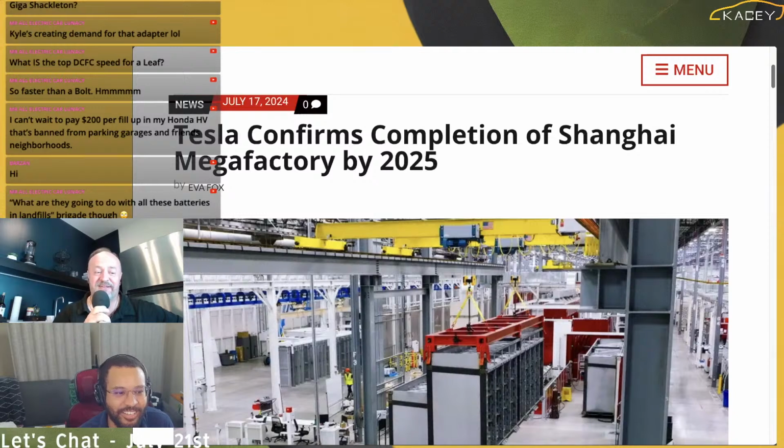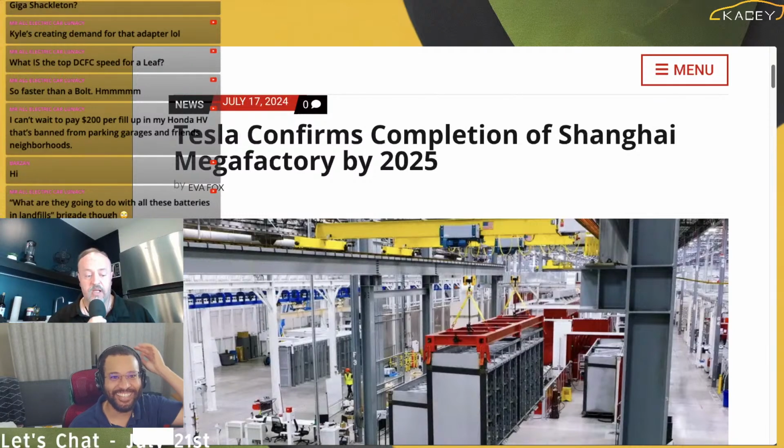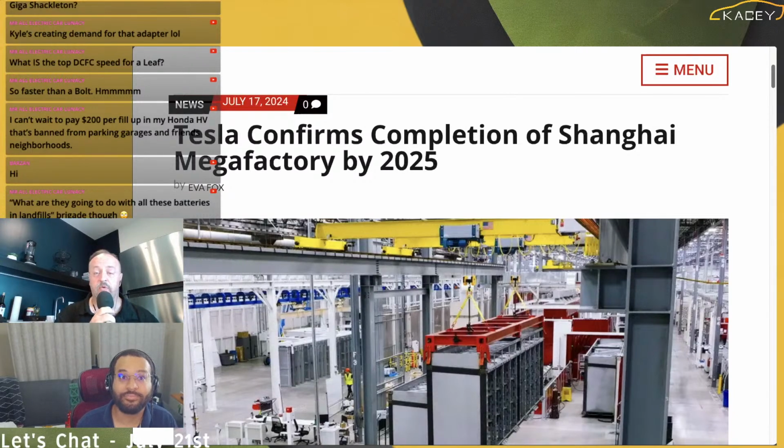And Mr. All Electric Car Lunacy says, "What are they going to do with all these batteries in landfills, though?" I really wish people understood that these batteries, completely dead, are still worth like $2,000. Who throws $2,000 in the trash? And there are places I've read about, I haven't looked into it thoroughly, where I swear they are doing landfill mining, because things that people used to throw away are now worth enough to go back and get. And technology's gotten cheap enough that you can mine quickly and aggressively and get it all done.